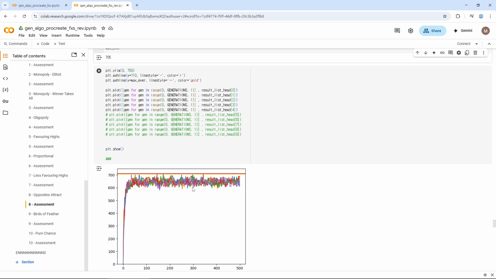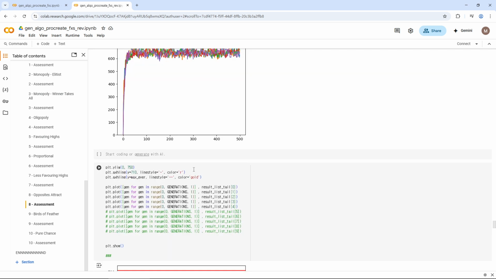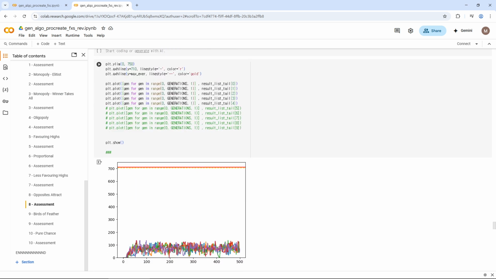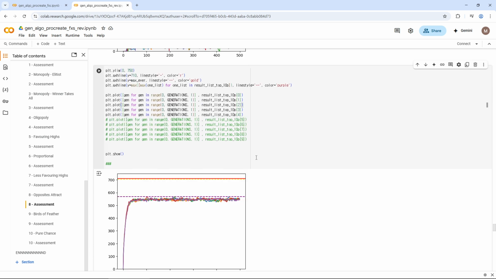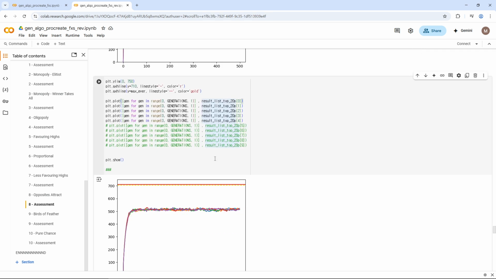And it is very, very volatile. Not very, very, but kind of very volatile. And the tails are volatile as well, and I think they're kind of lower. And here are the plots for the top 10%. Again, the plateau is below 600 at about 550, so that's not so good. And it's not such a desired outcome, because we know it could be higher. Top 20, yeah,